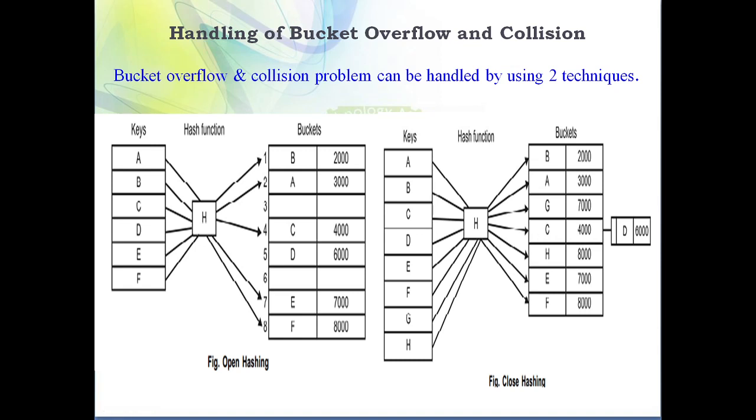So in case of static hashing we face two problems, collision and overflow. The collision problem is solved by means of open hashing, where we need to search for a free bucket where we can store the search key, and the overflow problem is solved by using the concept of close hashing, where we create a separate node where we can place a new search key. Okay, so these are the concepts of open hashing and close hashing. These two techniques we use to solve the collision and overflow problems. So this is all about static hashing.